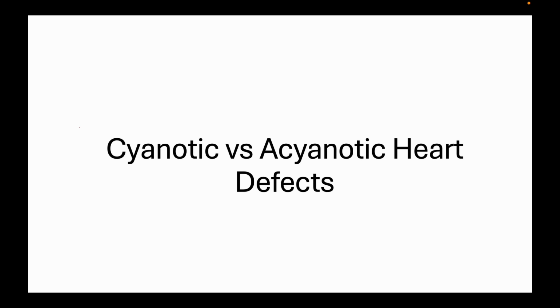Hi there, this video will explain the difference between cyanotic versus acyanotic heart defects. Just to be clear, acyanotic means the person is asymptomatic, doesn't show any signs and symptoms of the heart defect. Cyanotic means unoxygenated blood gets mixed with oxygenated blood, allowing unoxygenated blood to enter the systemic circulation and get distributed to